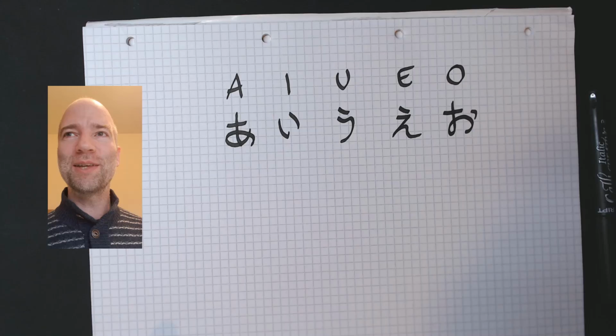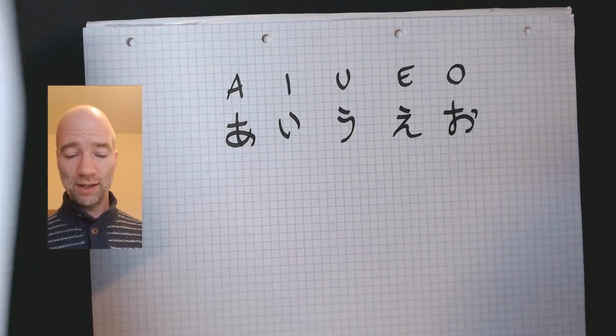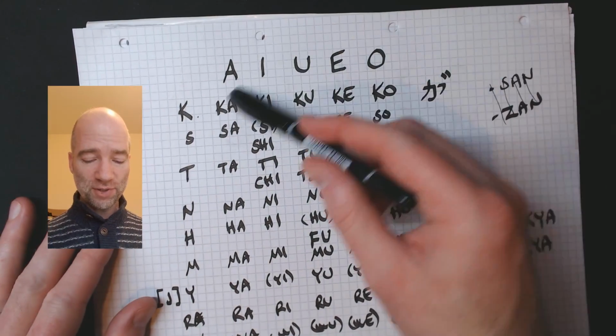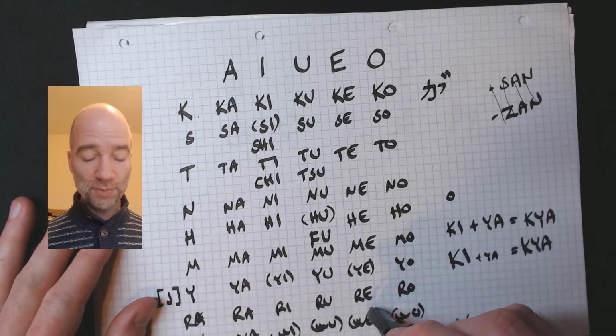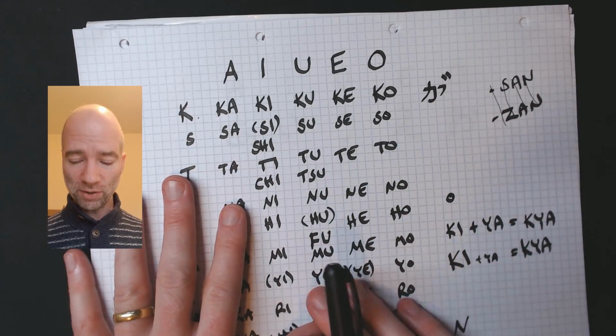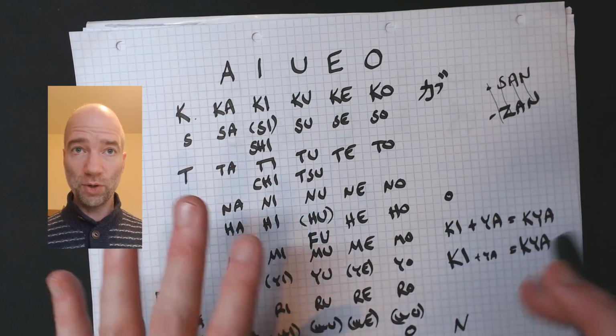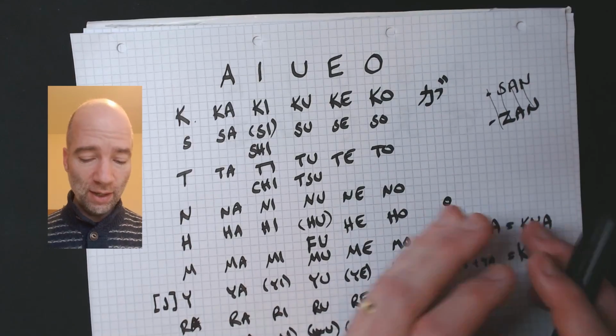If you remember my last episode, I talked a little bit about the Japanese syllabary, all the possible syllables that can be made. There are some special ones. I will go into more details later where you combine two characters. And